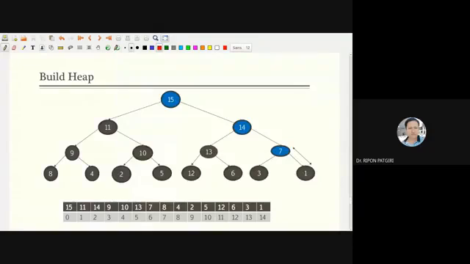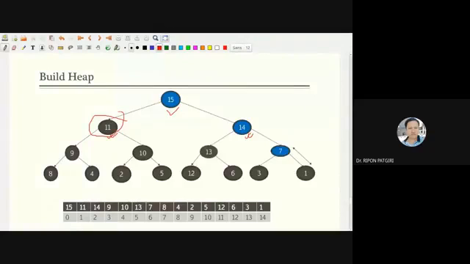So parent is larger than its child. This parent is larger than its child. Two children, 9 and 10. 14 has 2 children, 13 and 7.